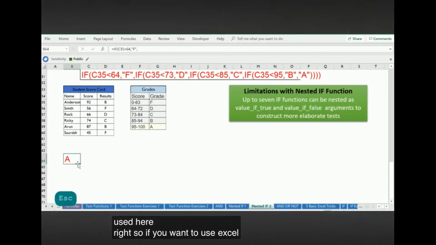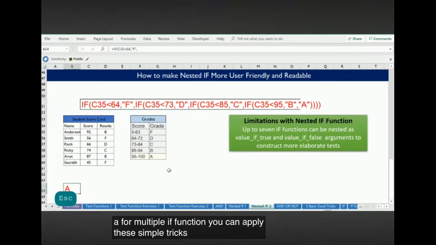So if you want to use Excel if or multiple if functions, you can apply these simple tricks within your